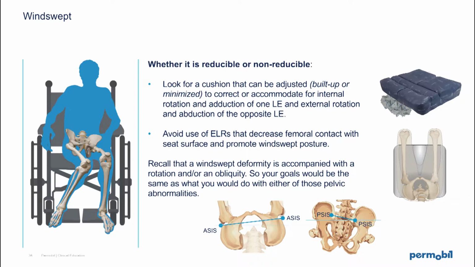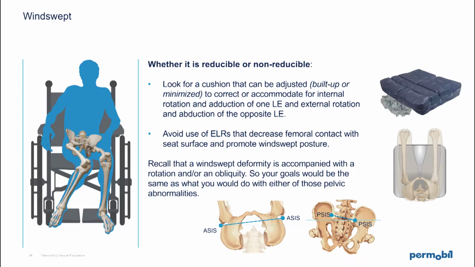But the key is to look for a cushion that can be adjusted, meaning it can be built up. So you add something to the cushion or you minimize it, taking something away from the cushion, to really correct or accommodate for the internal rotation of the one hip with adduction and the external rotation of the other hip and the abduction. Okay, so as well, for sure, when you're dealing with a windswept deformity, avoid the use of